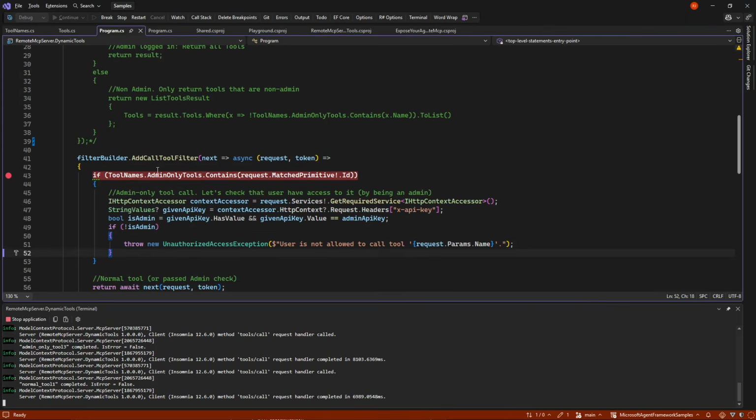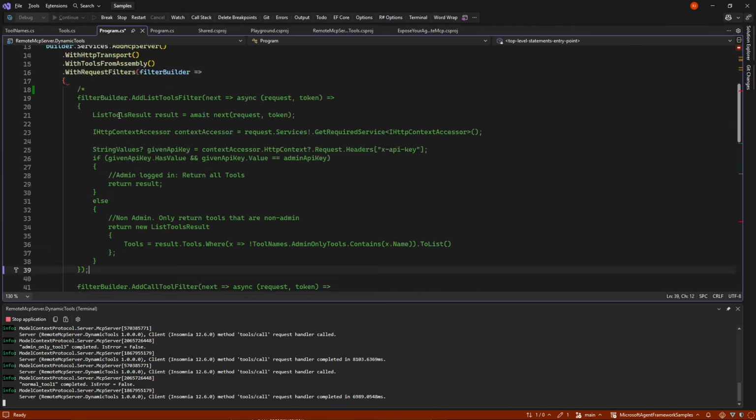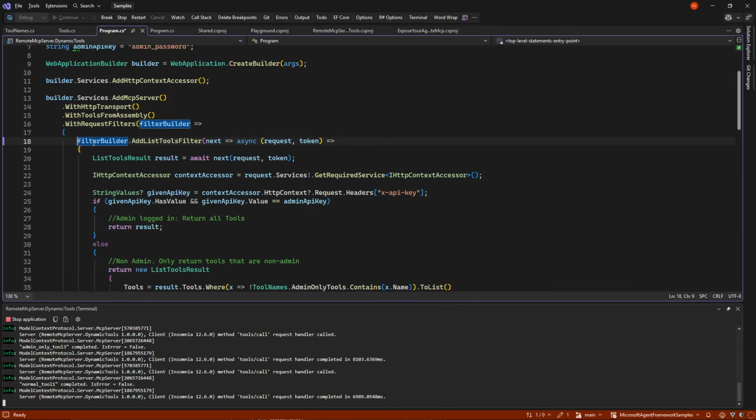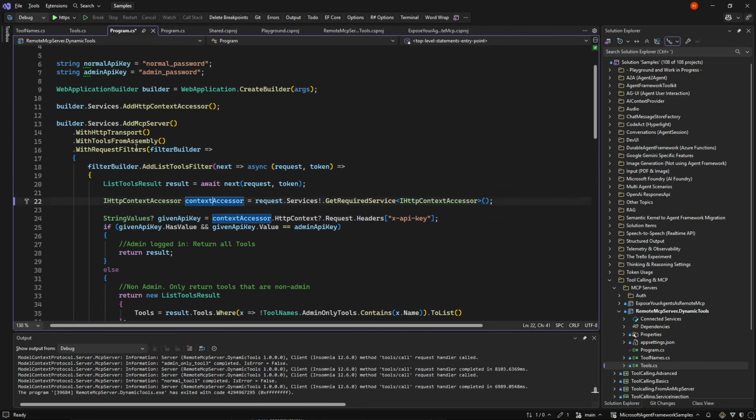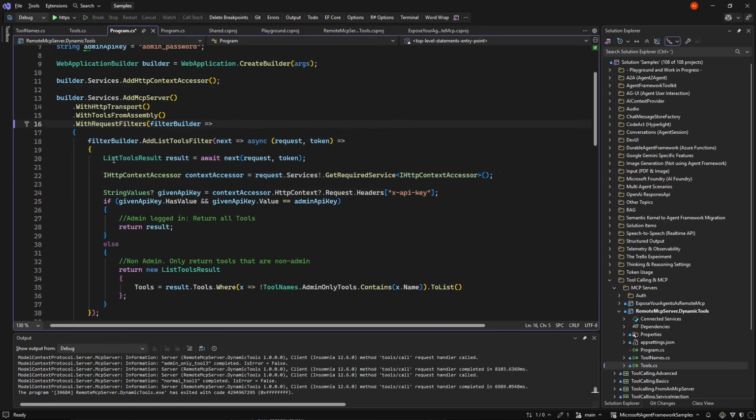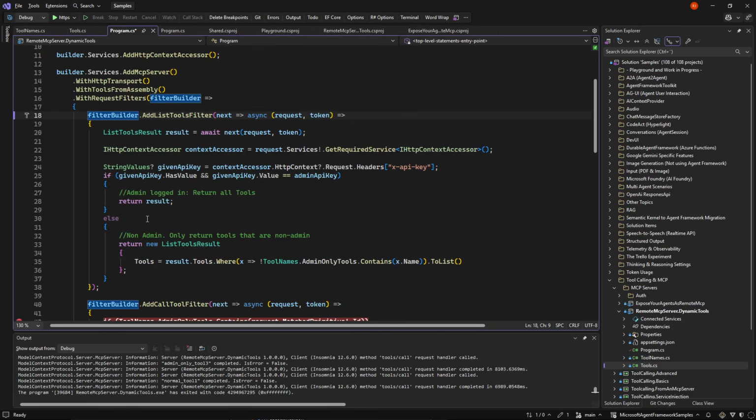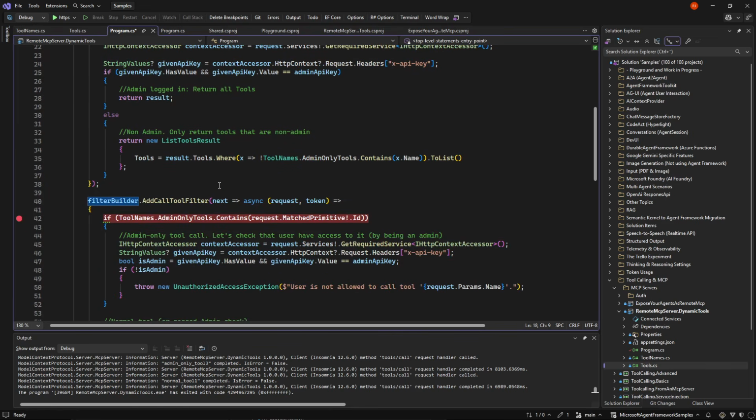So in summary, if we put this back in, this is how you will see the sample up on GitHub. We add these request filters. And again, we can do all kinds of things here. We could make a tool only visible on Fridays for some reason. Or whatever we want to do, we can go down to a database, check if we have access or not, and so on and so forth.